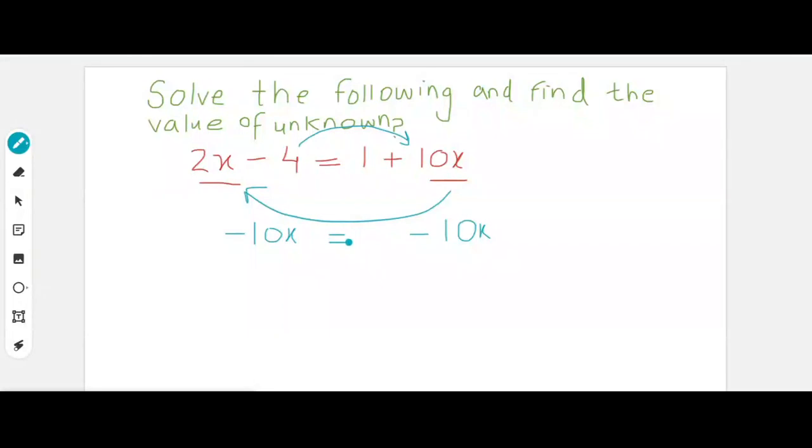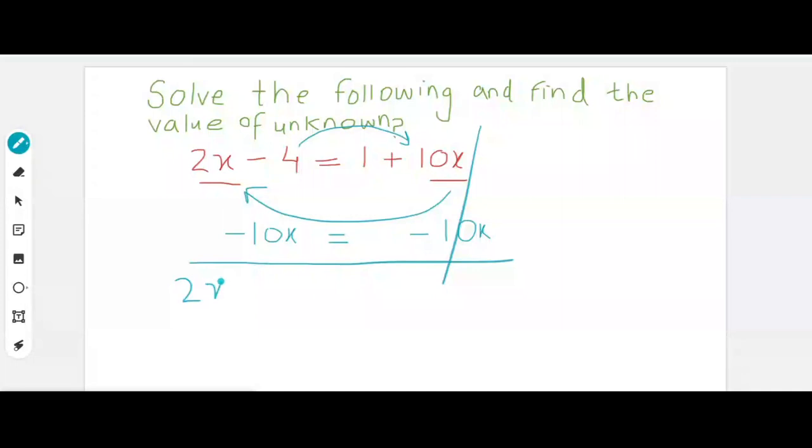Some of the students just shift the 10x from right to left, and they do not subtract 10x from both sides. We should make sure that in equations, whatever we do on the right hand side of the equation, we do the same thing on the left hand side. So we subtract now, this 10x minus 10x,